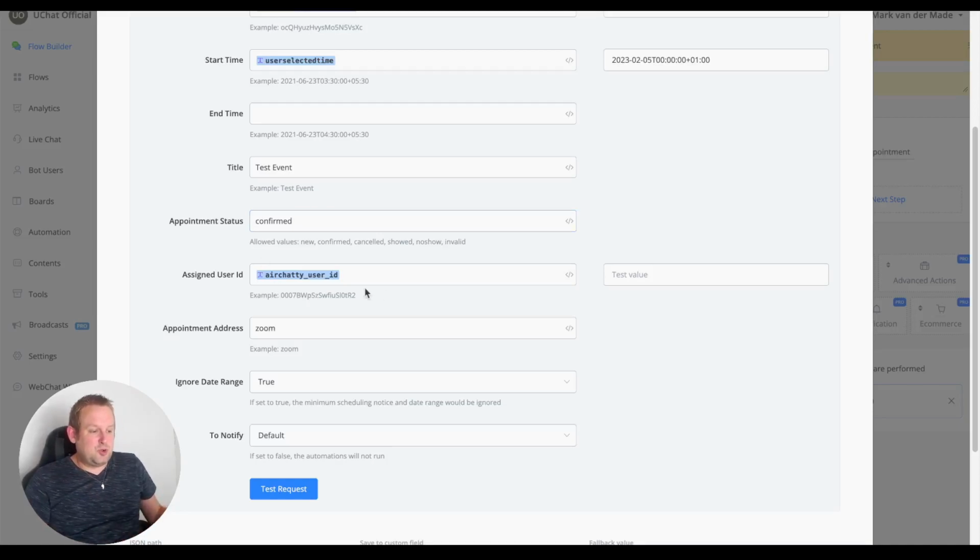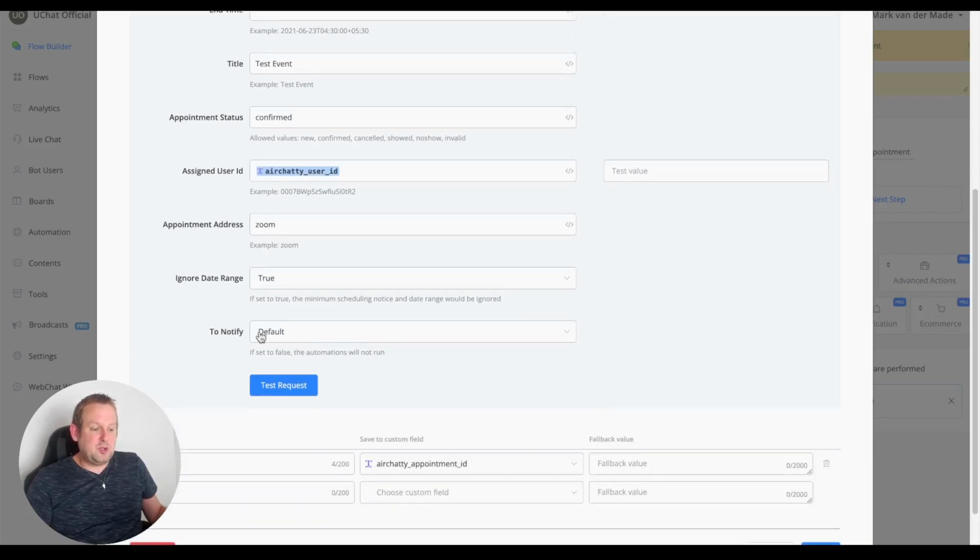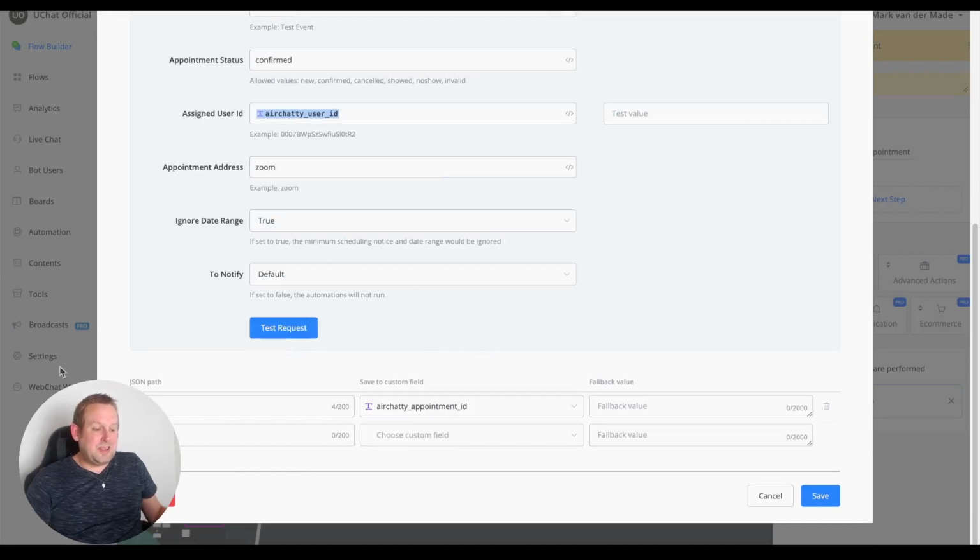Then we have the assigned user ID. We have the appointment address, and this is something that you can fill in custom, right? You can also put in your meeting link, your online meeting link. Then we have the ignore date range, which is set to true, and to notify is set towards default. We will basically get an ID back, the appointment ID itself, and we will save that towards the custom field